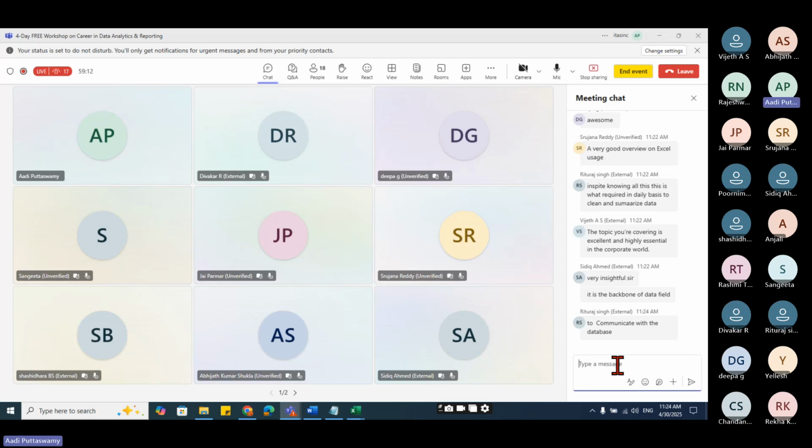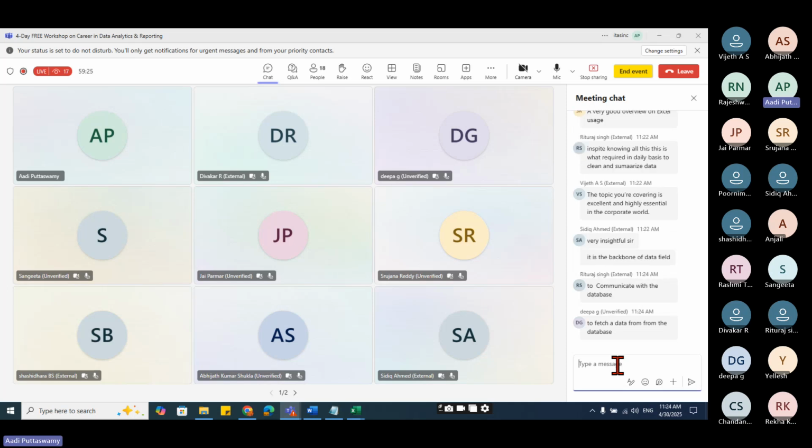Why SQL is used? Data analytics. Very good. Why SQL is used? There are so many things.